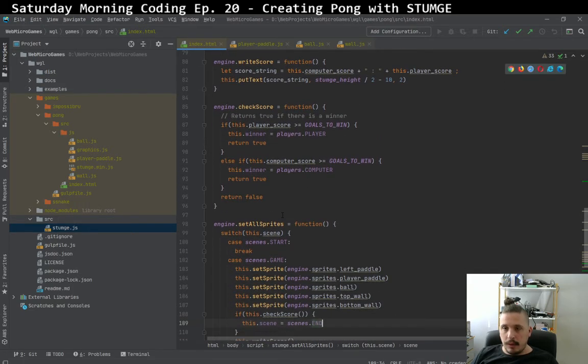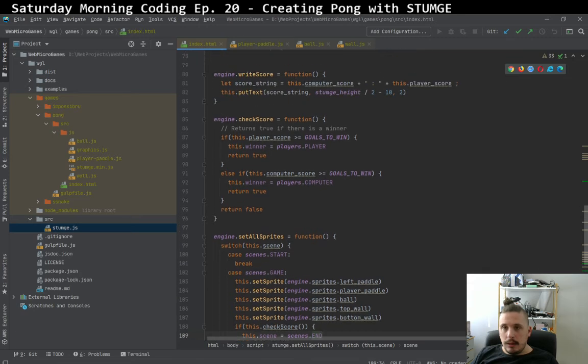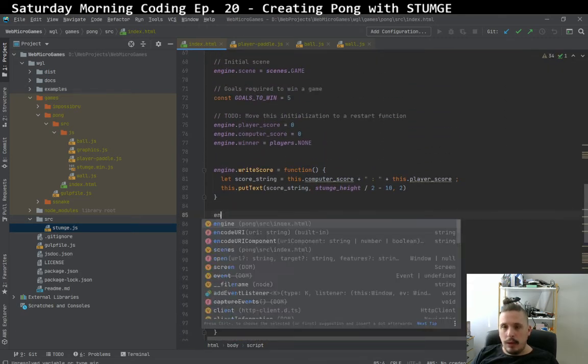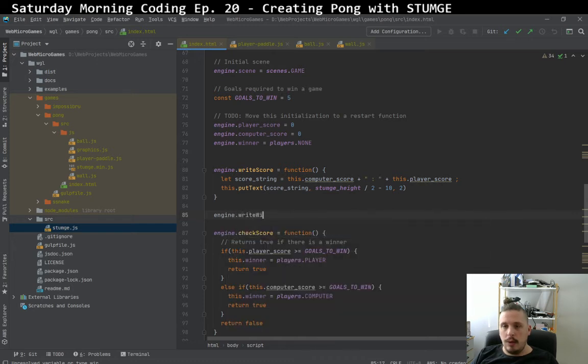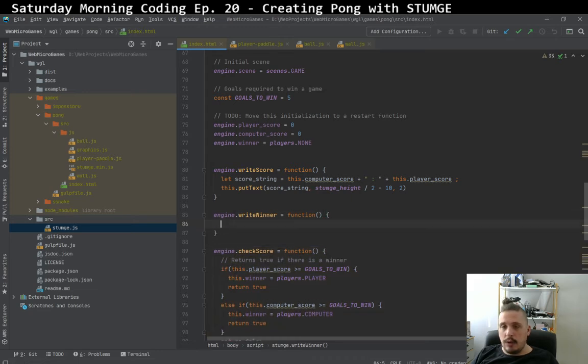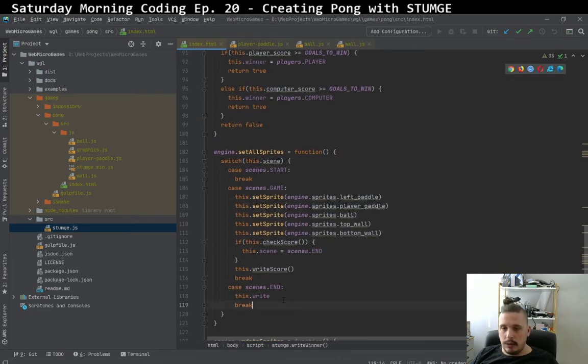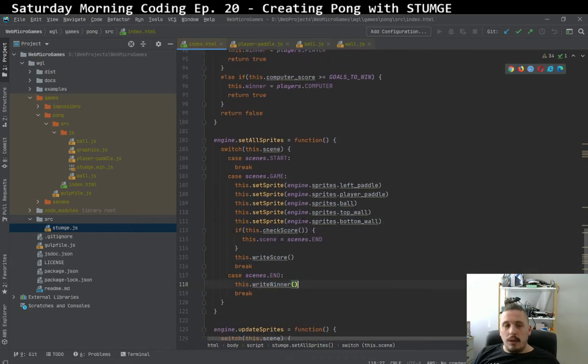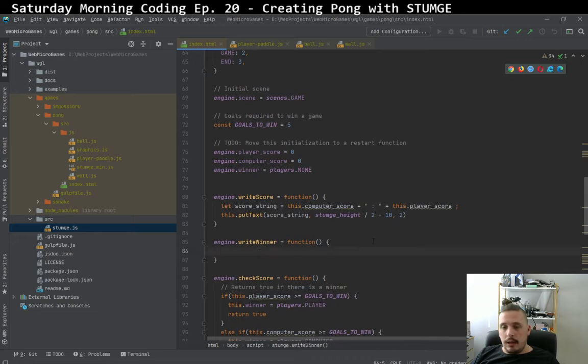And then with the score, engine dot with the winner equals function, and here we can check this with the winner. Here we can check whether this winner